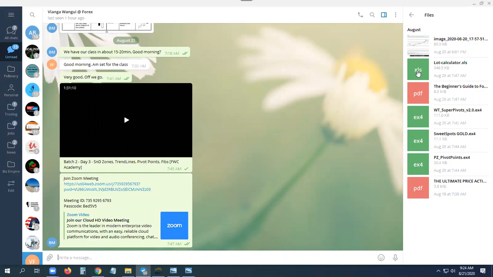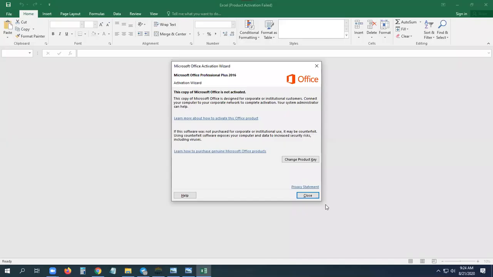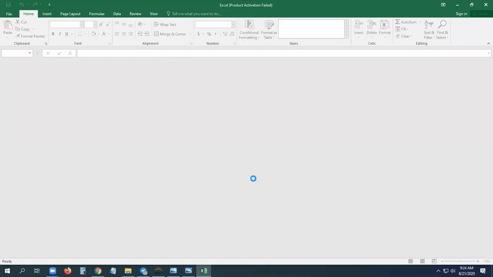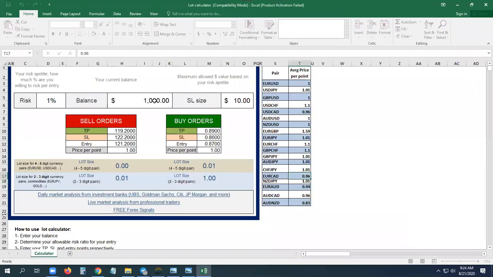It's good to know how it works, although I was going to show you later on when we talk about money management. If you have an account, let's say you start an account with $100. I'm not saying you start with $100, it's just an example. Of course, you can start with 1,000 or whatever amount you have. If you have an account with $100, never risk more than 3%.